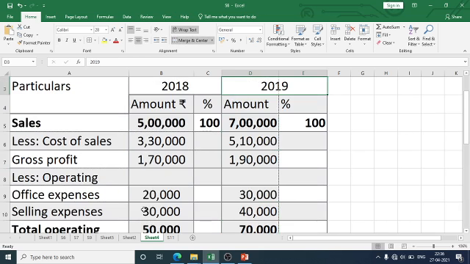Now, second step I told we need to consider sales as 100%. So we'll write here sales will be considered as 100%. I have written already, so once again I will mention that. So sales will be considered here 100%. Now in the common size statement, each item value you are representing in terms of percentage in relation to the total sales.